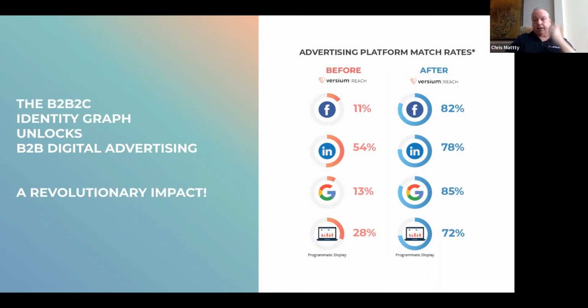If they do lookalike modeling, they're not doing it on title and tech stack and things of that nature on the business. They're doing it on human characteristics. And so it's just not effective for B2B marketing. But if you do that on your side and then activate the audience, that's what's driving this huge ROI.